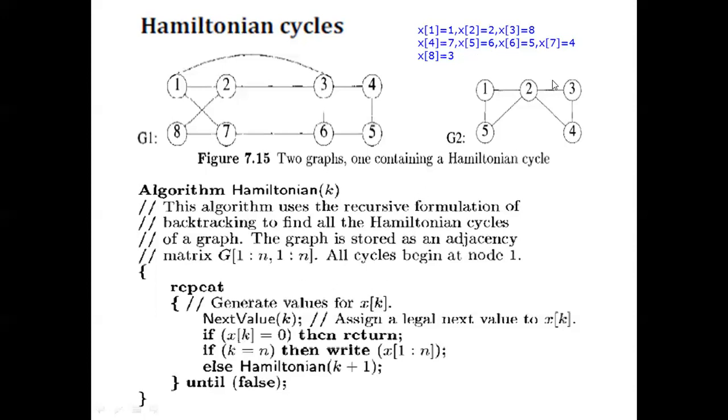Before going to explain the algorithm, can we draw a Hamiltonian cycle on this one graph? Try 1 to 5, 2, 3, 4. We can't come back, right? So I'm trying with 2, 1 to 2, 2 to 5, impossible. That means for some graphs we cannot draw the Hamiltonian cycle. That you should know, right? This graph as well as the previous graph we can draw it. These two graphs are from the textbook. That's why I explained here. Now you see here, algorithm Hamiltonian, the x value is the starting vertex. We can give 1.